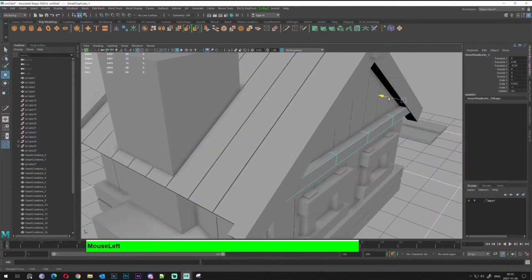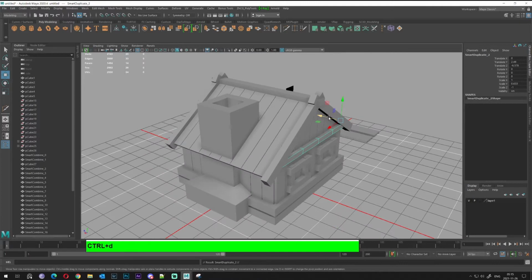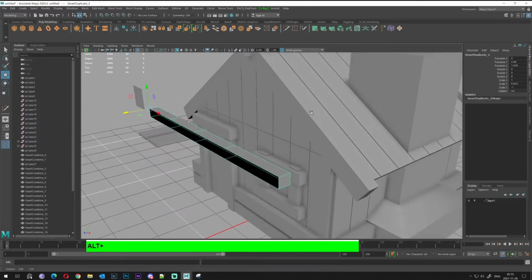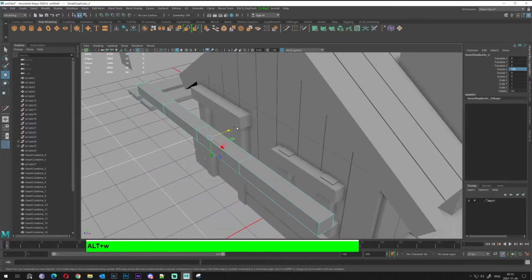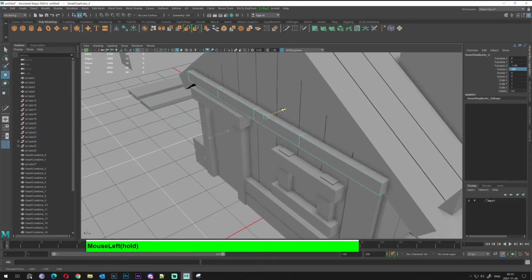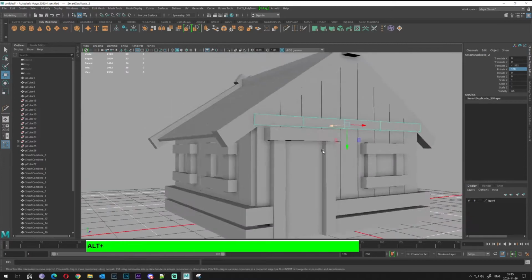As you can see, something like that. Awesome. Duplicate it again. We'll move to another side, clear everything. I will rotate it by 180, or you can flip it by scale tool. Okay, and